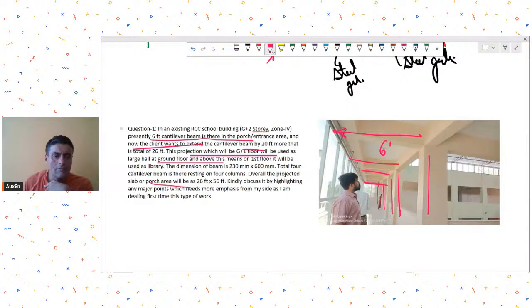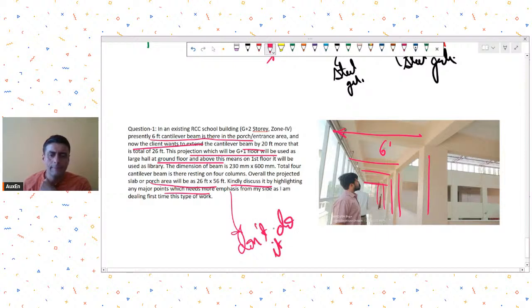Overall, the projected slab will be 26 feet by 56 feet. Kindly discuss it by highlighting any major point which needs more emphasis. And my one line answer will be don't do it. Okay, don't do such a thing, because existing 6 feet cantilever, if I have understood the question and the image